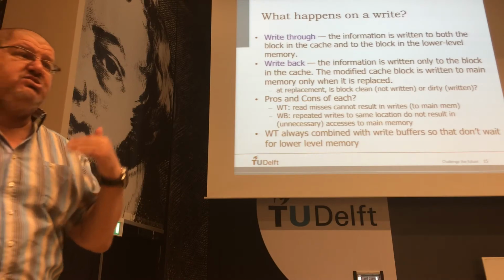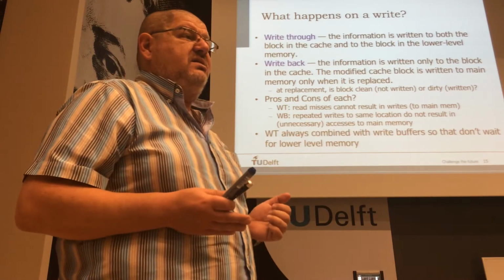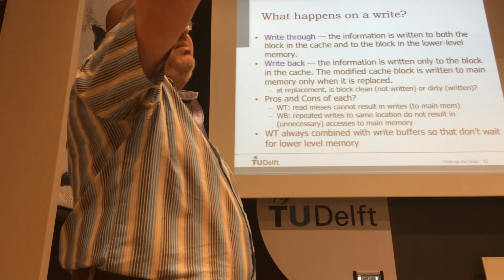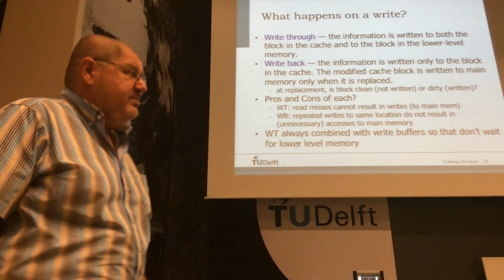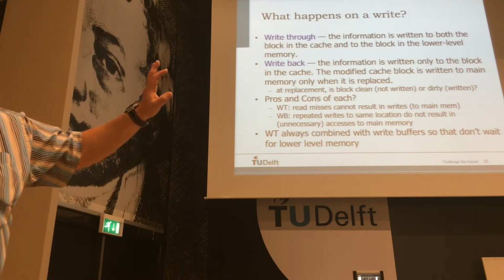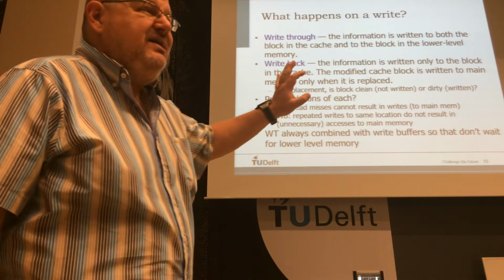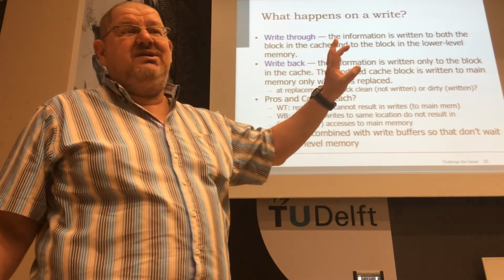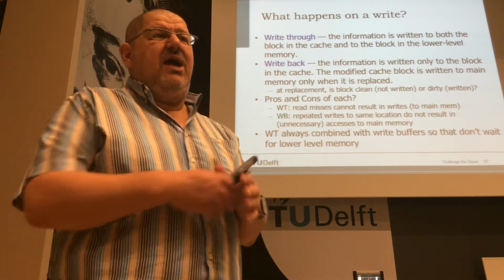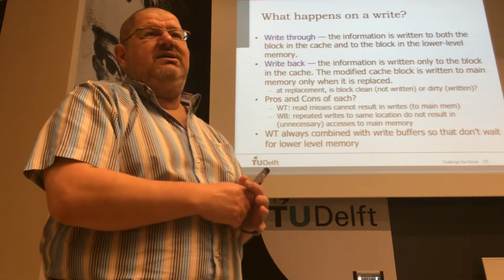which is to write in both locations, in the cache and in the main memory, whenever I do a write. Then I'm issuing a write, one cycle to the cache, and also I'm updating the main memory. So now, doesn't it slow your CPU when you're going straight for the main memory? It may or may not, depending on how I deal with it. If I wait for that to complete, it will slow. It's not nice. But what we usually do if we go for that, we use a buffer. I put the information in the write buffer, and somebody else will take care of this update.